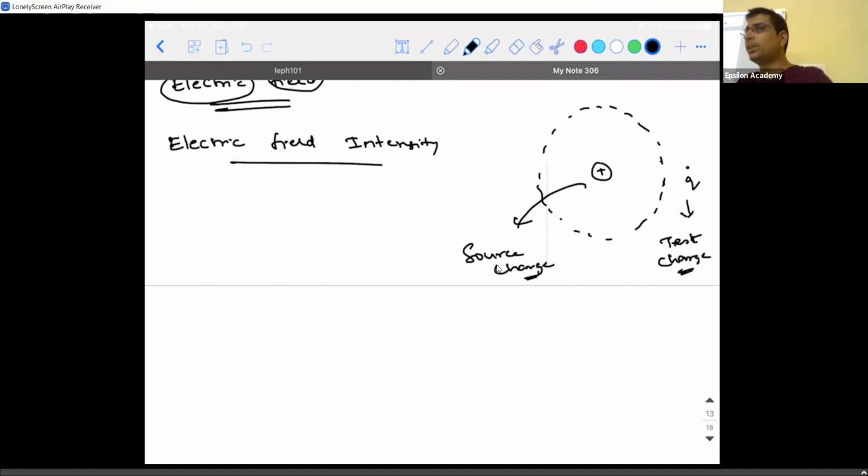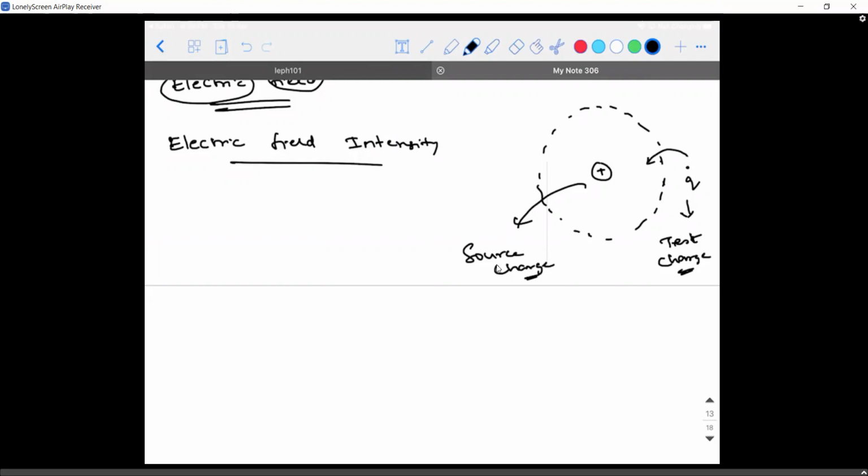So if I place a test charge at the location which I mentioned here, what do you think is going to happen? If you ask me, nothing will happen. Reason? It is outside the influence of the electric field. Every electric field has a particular range, right? So the dotted lines are the maximum range till which the source charge can exert a force. Now, what will happen if I move this test charge into the electric field of the source charge?